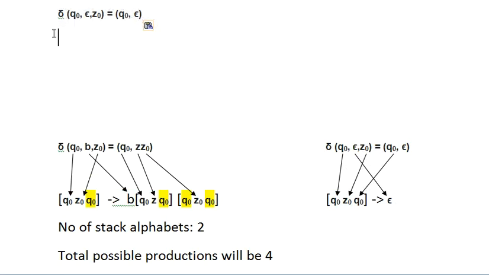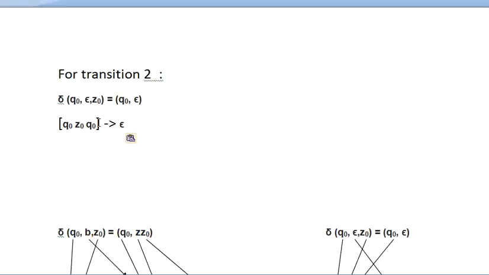So what will be the output for this? The output will be this one only. So I will copy it over here and paste it over here. It will be helpful. No need to write again. Again I am telling you that this Q0 will come over to this position, epsilon will come to this position, Z0 will come to this position, this Q0 will come to this position, and as it is an epsilon and erasing move, nothing will be there. This is the final answer.